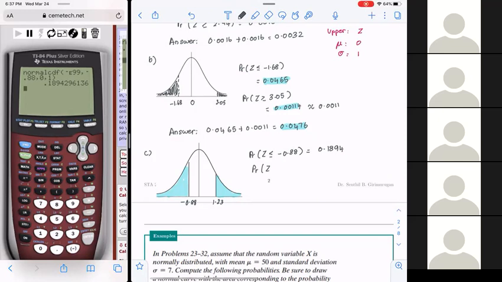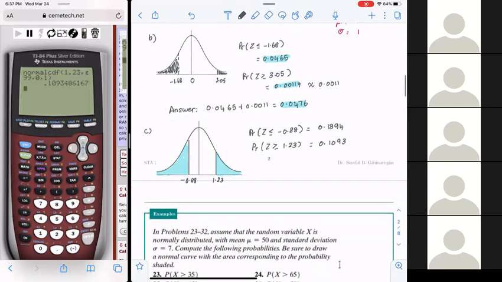Probability Z greater than or equal to 1.23. Similar process, but we're going to do it on the other side. So second vars, number 2, we start at 1.23, go all the way up to second comma, that will give us the E99, mean 0, standard deviation 1. And the answer is 0.1093. And all we have to do to find the answer is to add those two values